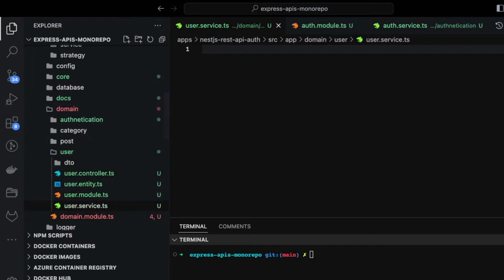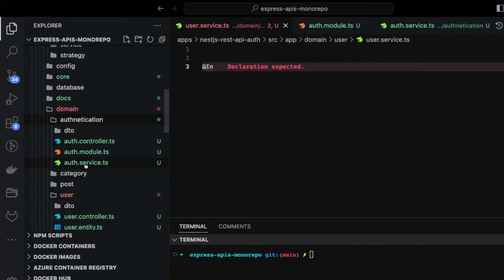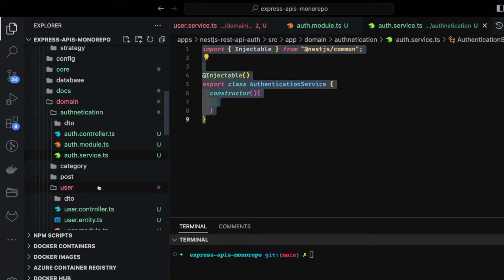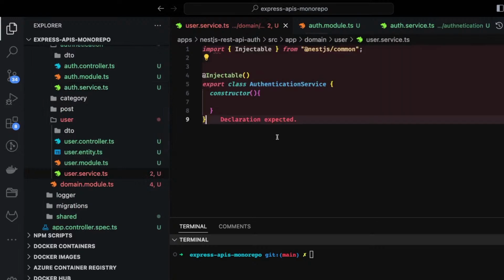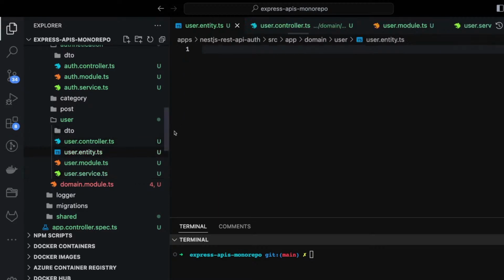So here we can also write the user service to fill in the blank, because here the user service will be first, and inside a user service we will just do the same Injectable. I can copy the same. So here is my user service. I'll just replace it with the user service, right? And it has a constructor, and inside a constructor, because this is going to access this user entity, the